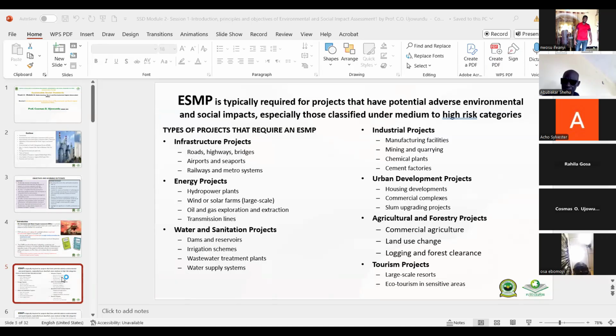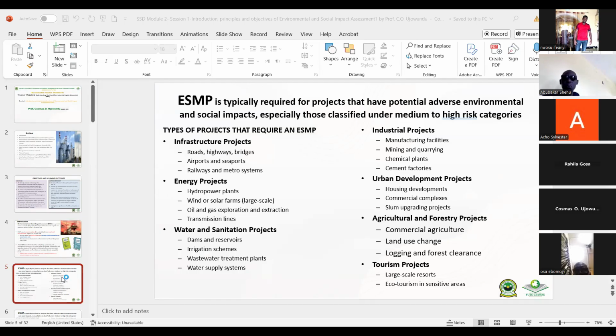In terms of industry, these are projects that have medium to high risk impact. You talk about industrial projects such as manufacturing facilities, mining and quarrying, which we are going to look at when we look at the quarrying industry, or that also has to do with cement manufacturing. We have chemical plants, cement factories. Then urban and